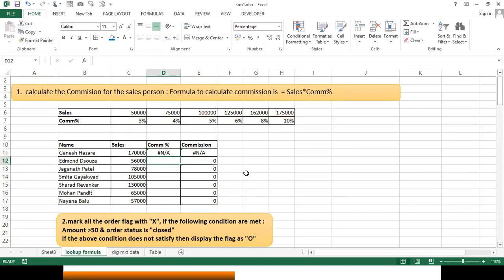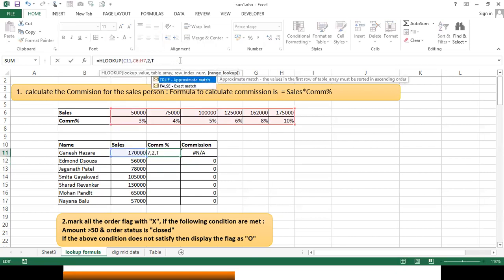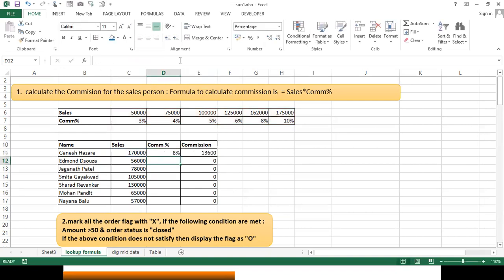Will it work? No. So again, I'll be going with approximate match, because an exact match is not going to happen. Don't worry about it.